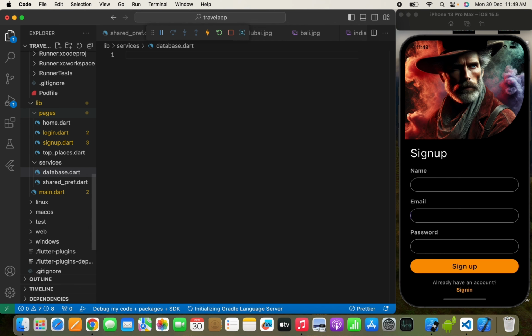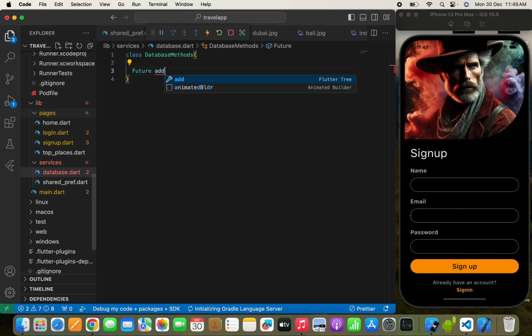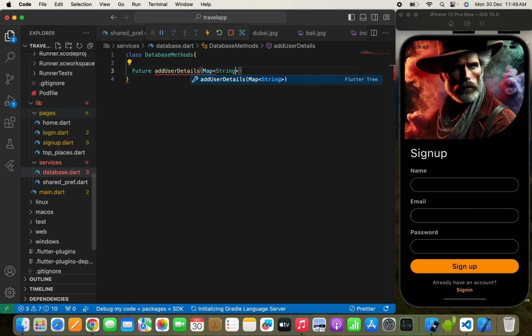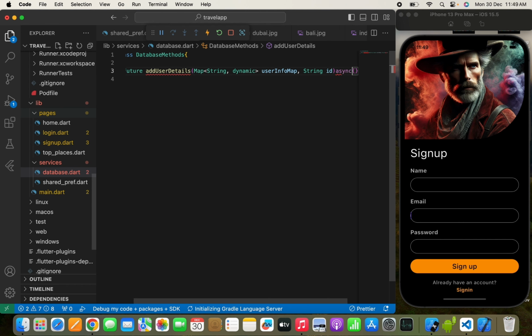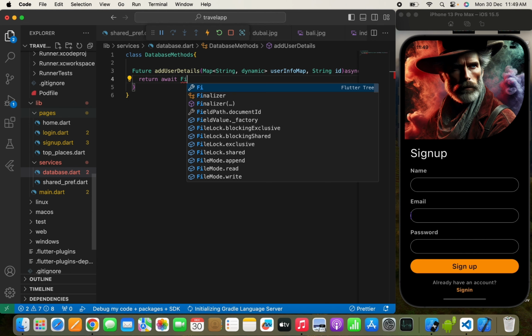So here I'm going to create a class named DatabaseMethods. Now here I will write a Future, addUserDetails, and here I'll pass a map because I want to upload a map over here. So we'll write Map<String, dynamic> and we'll pass the map name, which is userInfoMap, something like this. And here I need to pass the unique ID, which is String id. Now we'll write async, return, and we'll write await